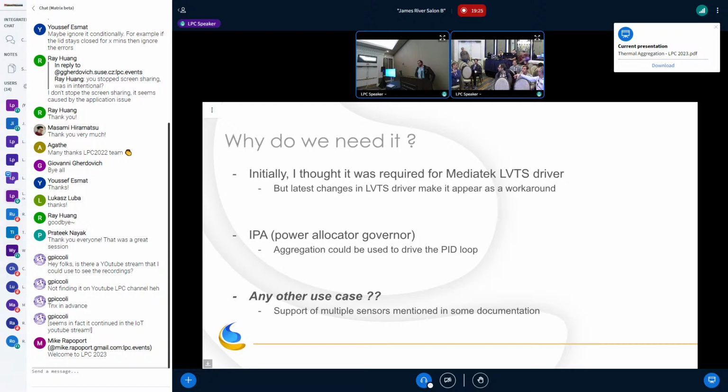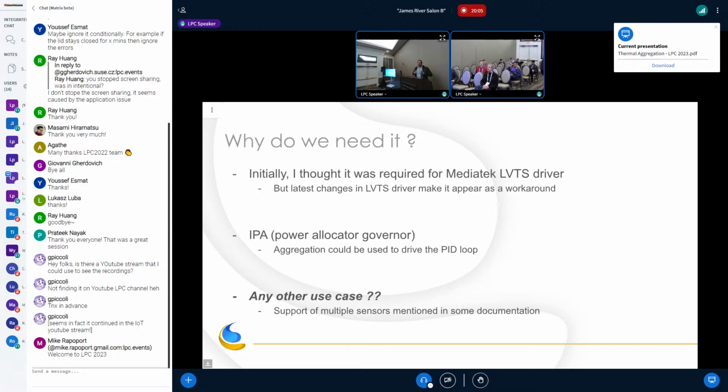Wait. Sorry. If you can stand up. Oh, yeah, sorry. I don't know what aggregation totally means. Do you mean that we have virtual sensors, which are nothing but quadratic equations, dependent on multiple sensors, and we wanted to aggregate the temperature and other values to get one virtual thermal zone from those sensors? Okay, yeah. We do, yes. Okay. So that's something that would be useful for you? Yes, definitely.